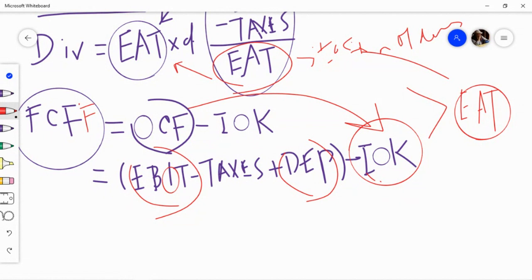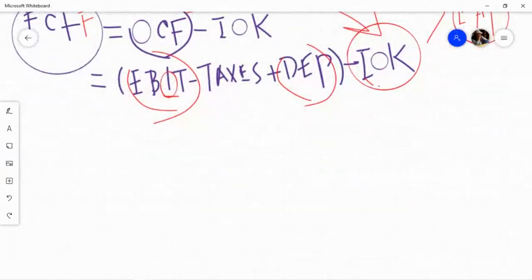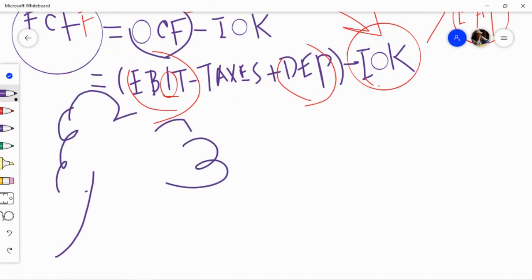In other words, free cash flow is the result of, think about it, you didn't pay out interest. There is no interest subtracted from this. So at least that interest belongs to the debt holders, or the creditors. I don't remember if I used this tree analogy. If you think about it,